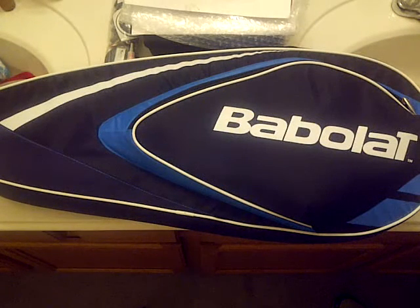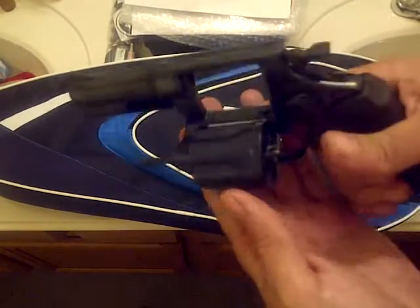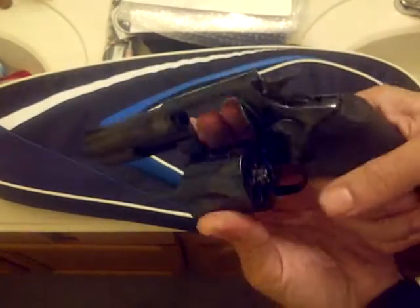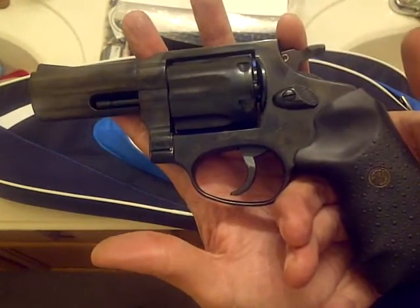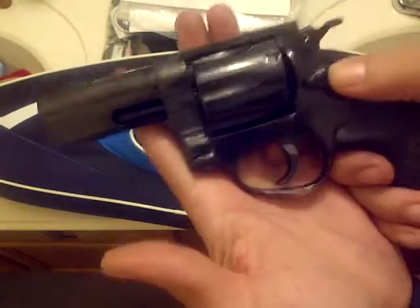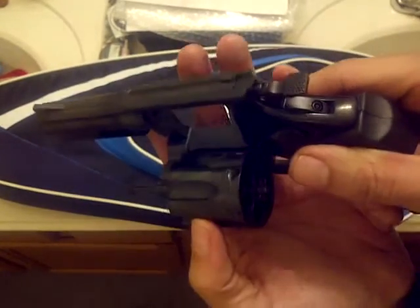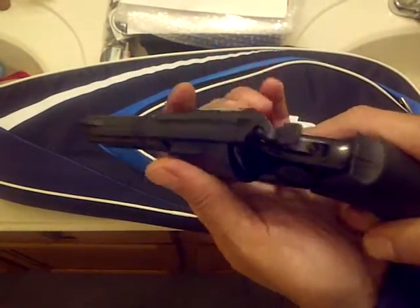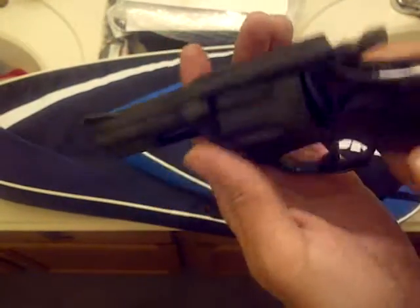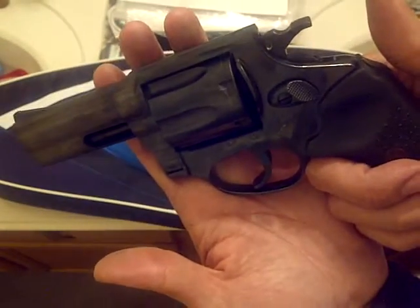First gun, I don't even carry this with me anymore. I just put it in the safe, empty. This is my first gun that I had ever bought for myself. Well, not this one, but this particular Rossi. Really simple, easy to learn. I just wanted to learn how to shoot. 38 specials or 357 Magnums, but I carried this with me for I would say over a year before even